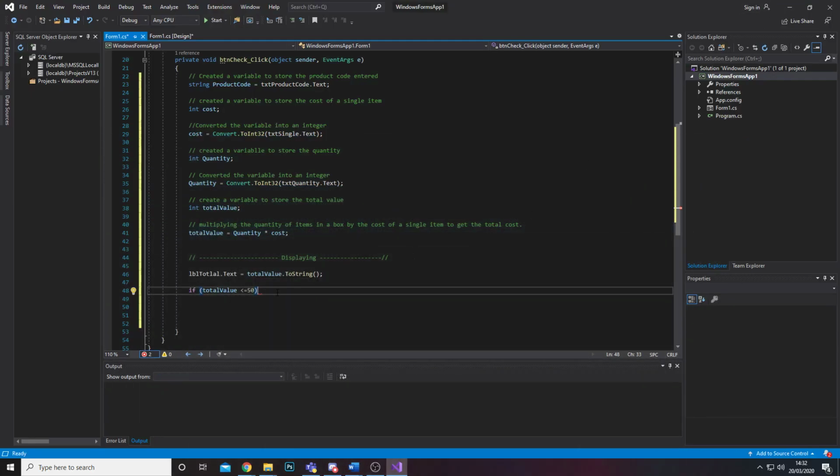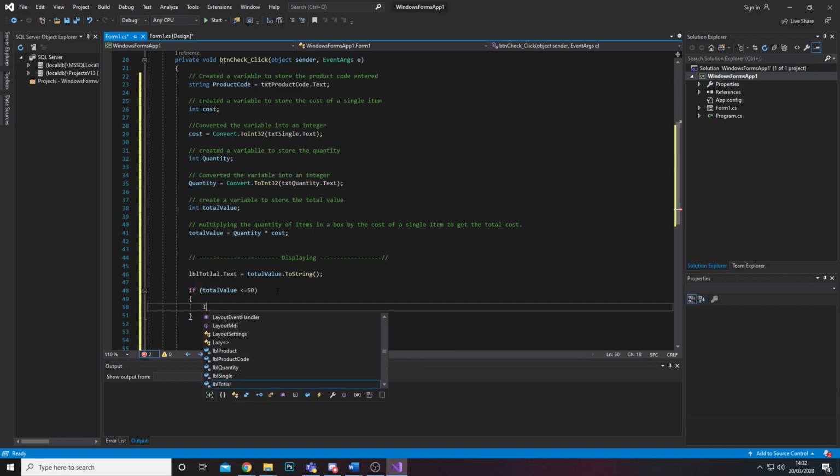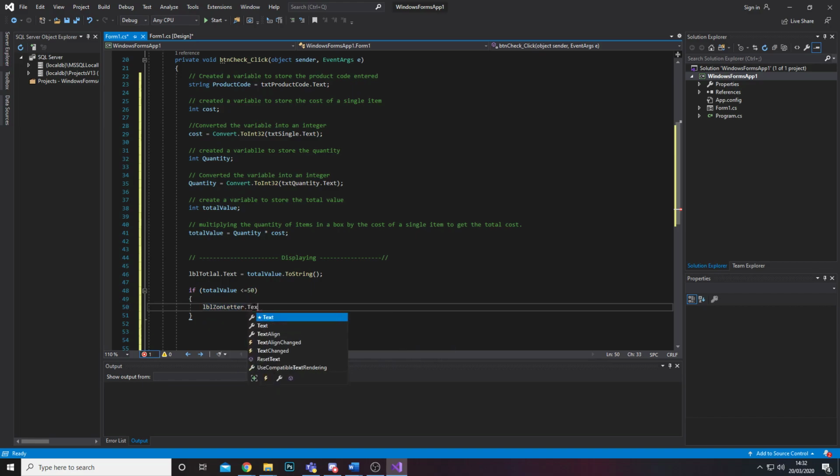So if it's less than or equal to 50, now we need to open up our weird little braces, the ones that have got the little spike in the middle, and we're going to say that if this is true, we're going to ask LBL, I can't spell, LBL zone, that one, LBL zone letter dot text to display